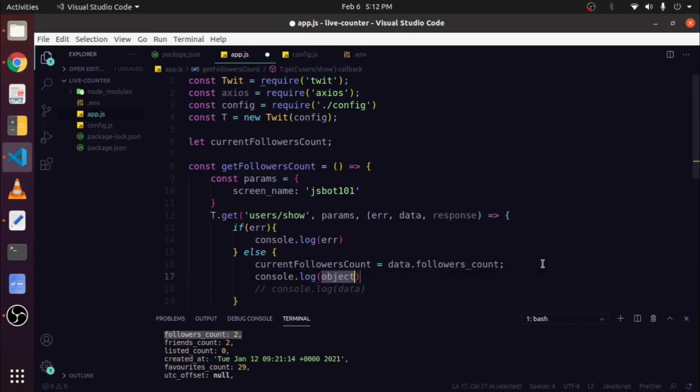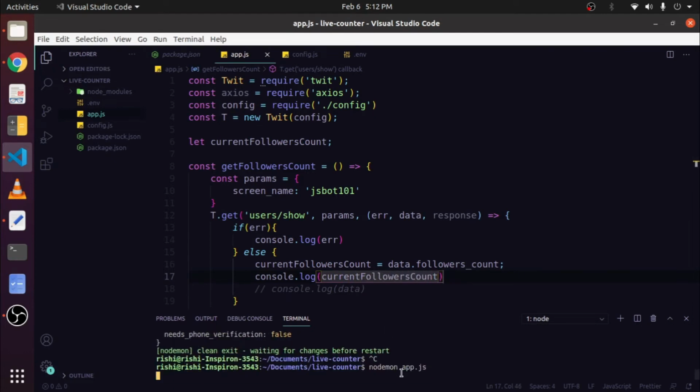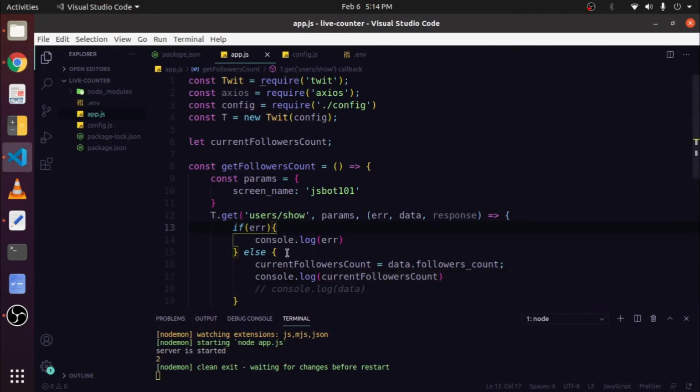Now if you log this value into the console to see the current follower count, as you can see over here, it shows 2, which is our current follower count. Now we are getting the current follower count.